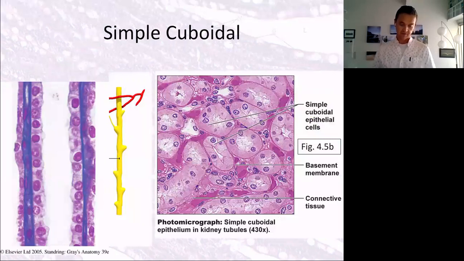Okay, so here's an example from the kidneys. This would be a cross section, and so it kind of looks like this little string of beads, right? This is actually where the urine is passing through, and things that need to be pulled out of the urine will get pulled in that way. That would be the absorption.